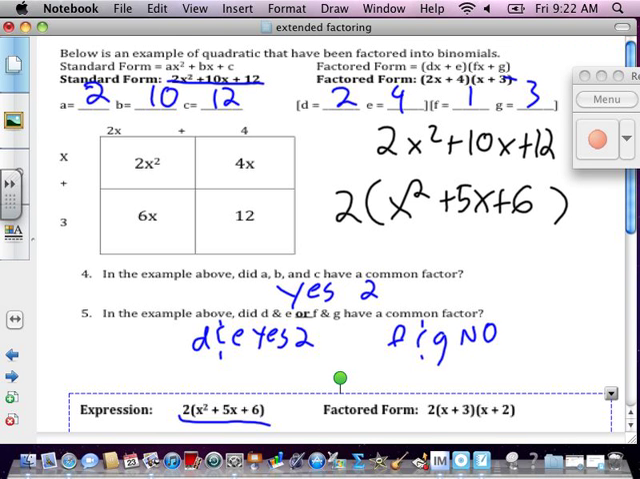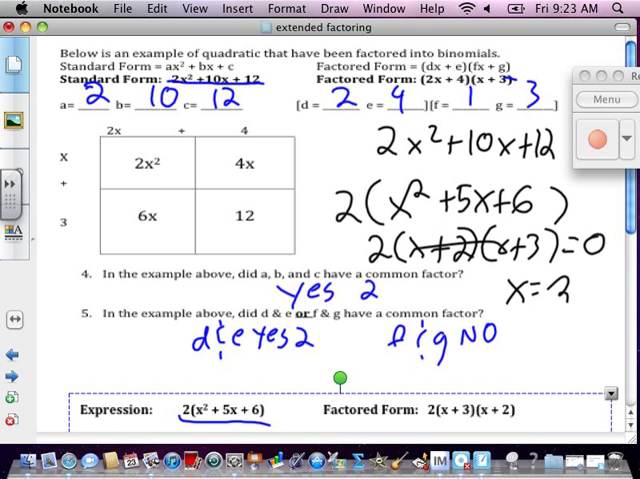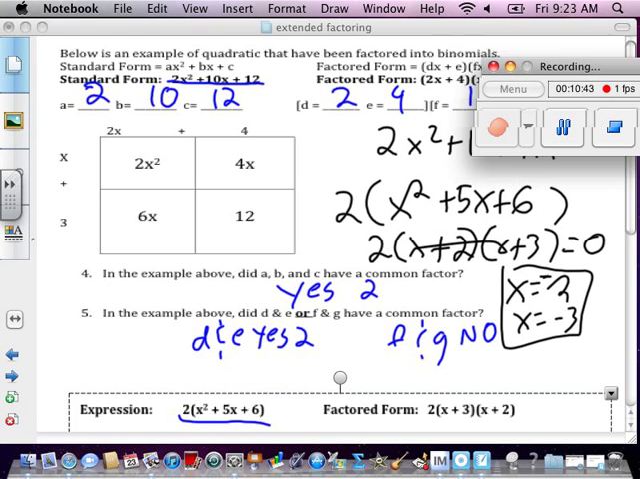Okay, and then I'll have to factor this. Well, that becomes easy. I know this is x, this is x. 6 is only 2 and 3. That adds together to give me 5. And you can use your box at this point. Equals 0, and then I would have to solve for my roots. x equals negative 2, and x equals negative 3 would be my final answer. And when you try your